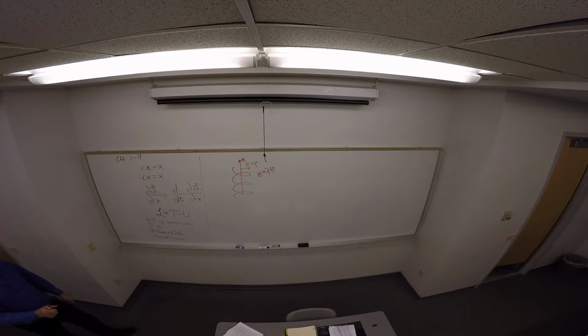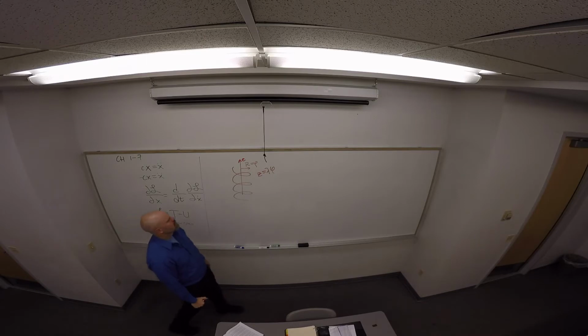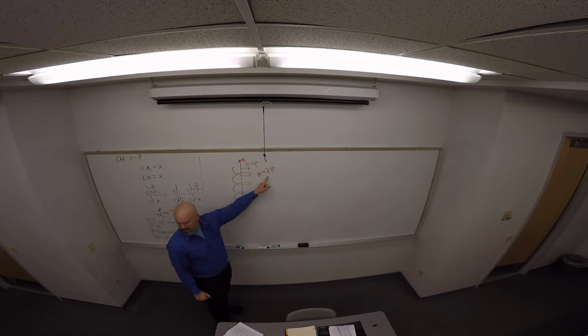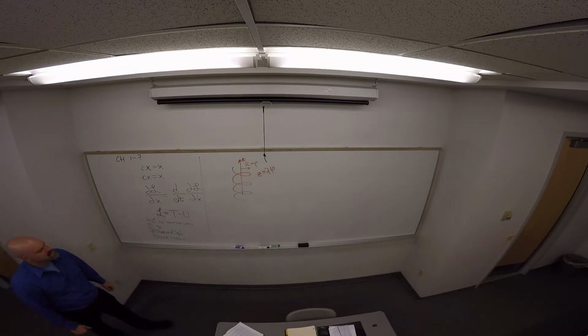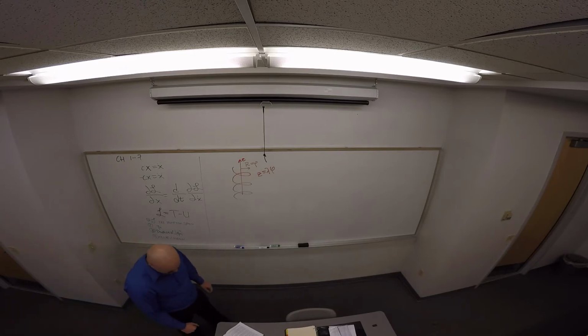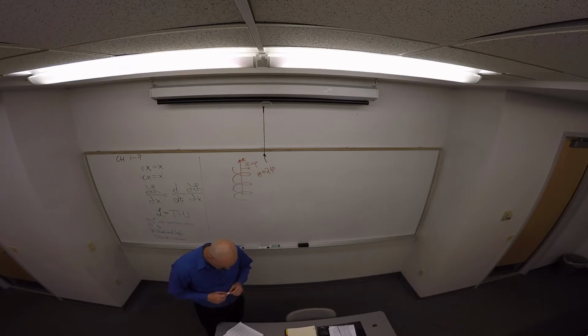And for each phi, of course, there's an infinite number of z's, each separated by 2 pi times lambda. Okay? The question is, using z as your generalized coordinate, write down the Lagrangian, find Lagrange's equation,